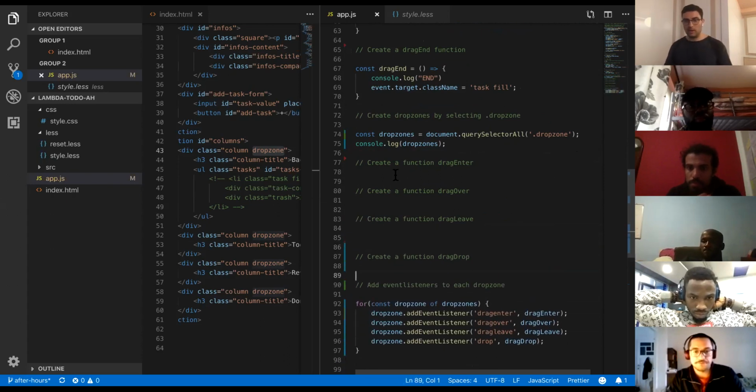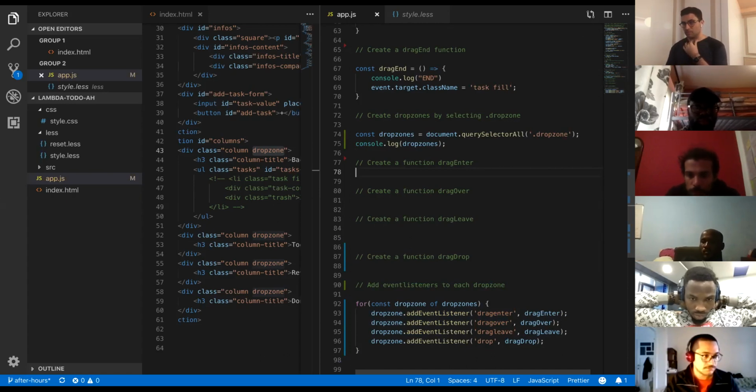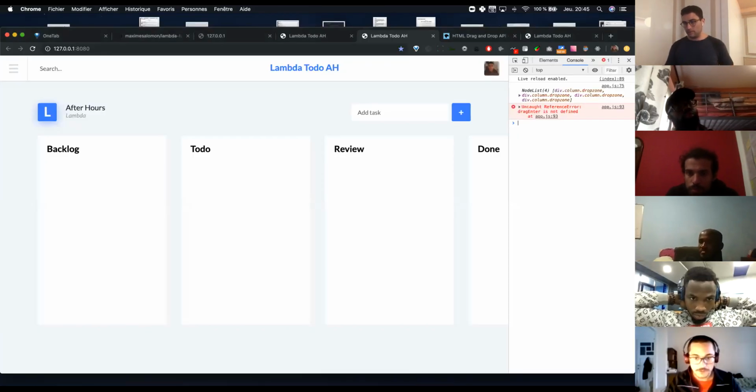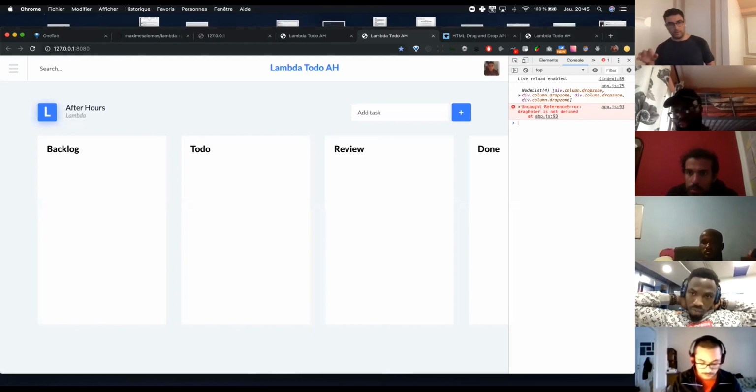Okay, so now the first one we are going to create is a drag enter, and the thing here we want to do is, actually let me just make it work, and then we'll go into making it a bit fancier. So let's go make it work. What we want to do is make sure when we actually drop it,